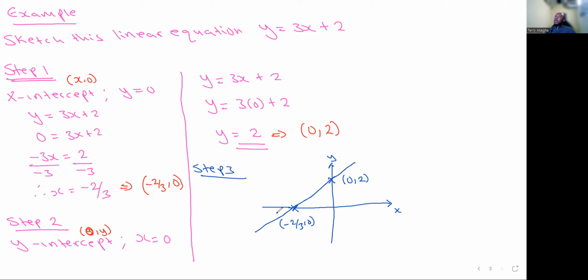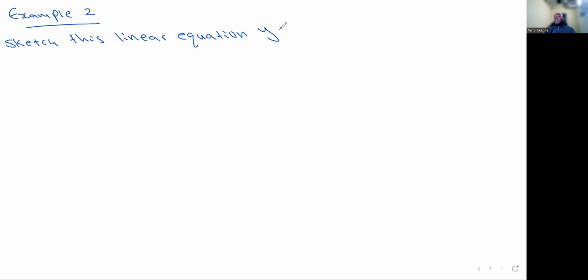All right? Okay, let me pick one more example to just round this up. So let's assume in this case now we have another equation and we're told to draw. Maybe this time they said you should sketch this linear equation: y is equal to 3x minus 2, all right? So step one,